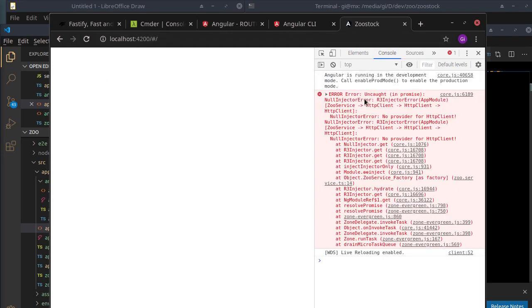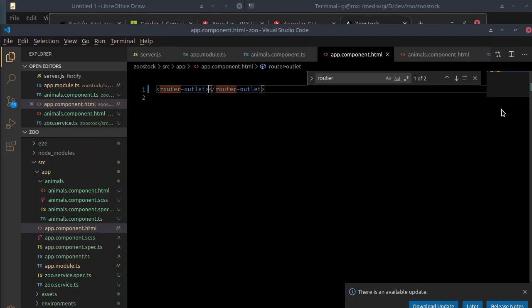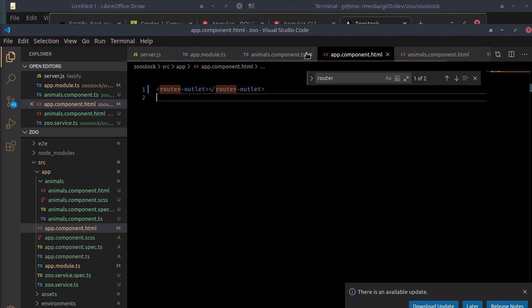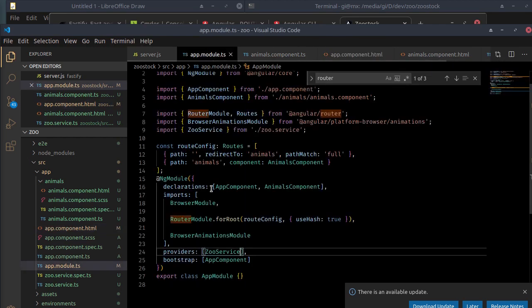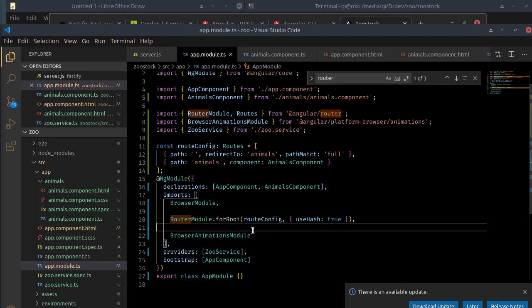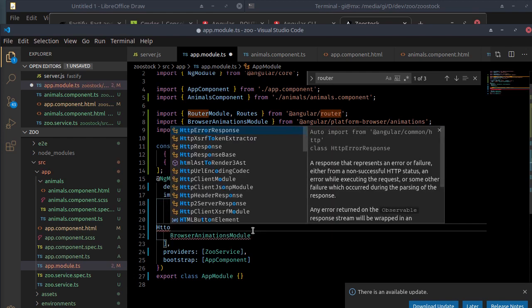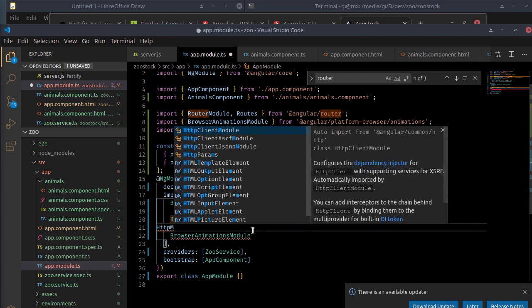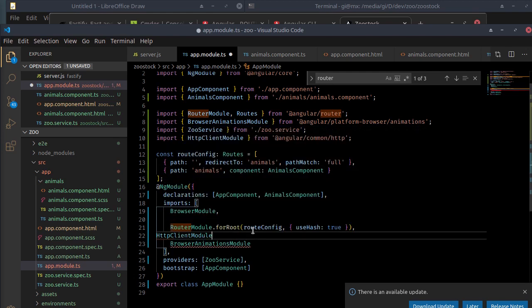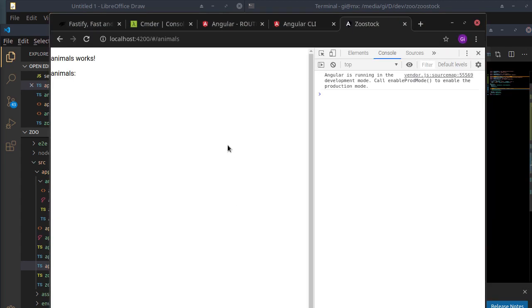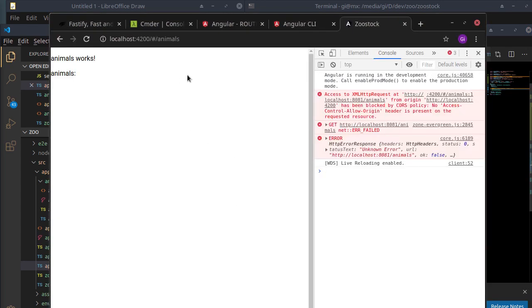Cool, so we have an error here. It says no provider for HTTP client. So we need to provide HTTP client in our imports. HTTP client module. Cool. So animal works, and